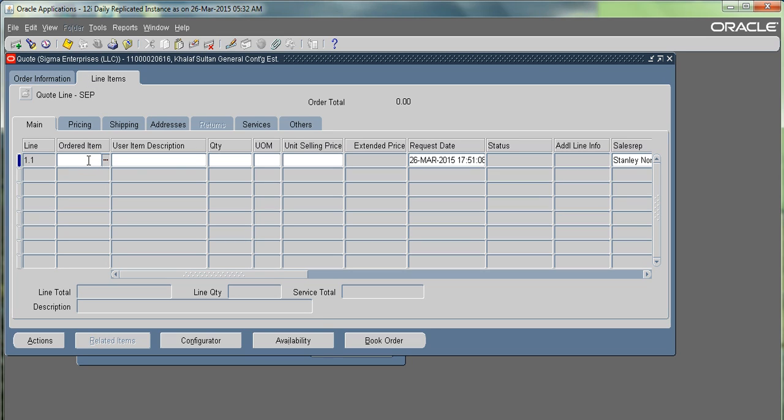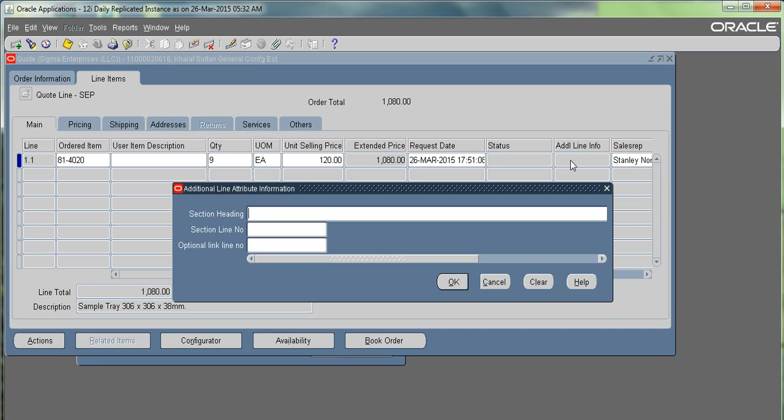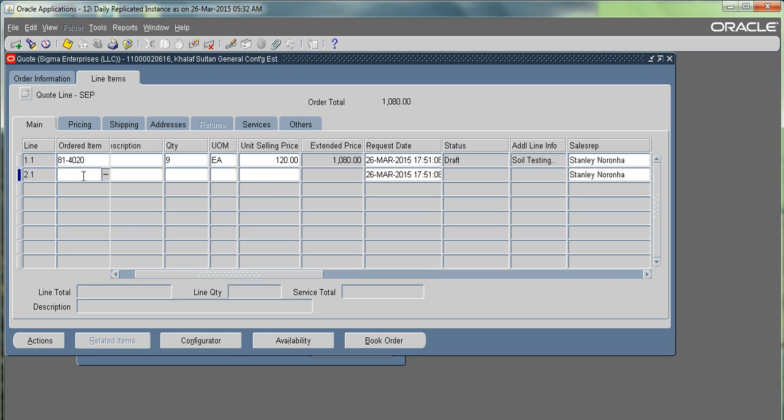My first item is 814020. Quantity is 9. Now here the list price is 137, but I want to sell the item to the customer at 120. That means there's a discount from the listed price. Now I add this item under a new section. For that, I click the additional line info. Let me name it soil testing. Click OK. I add one more item under that,